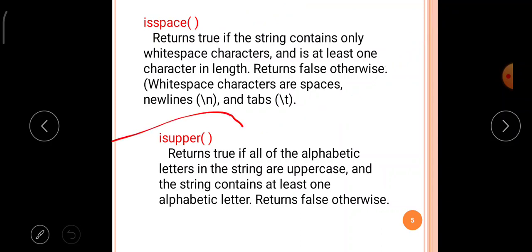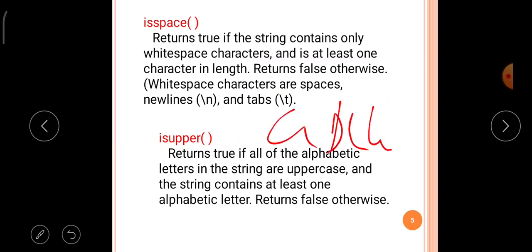The isupper function returns true if all of the alphabetic letters in the string are uppercase and the string contains at least one alphabetic letter, otherwise it returns false. For example, GDCW: the string contains 4 characters, and all belong to uppercase letters only. So it returns true.